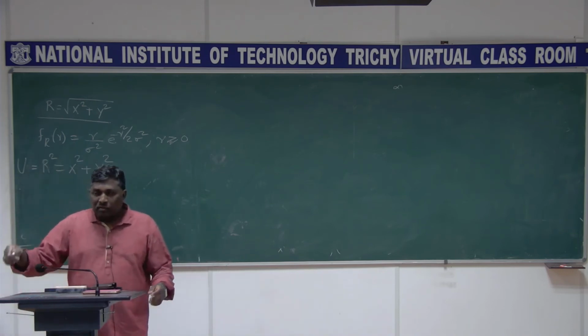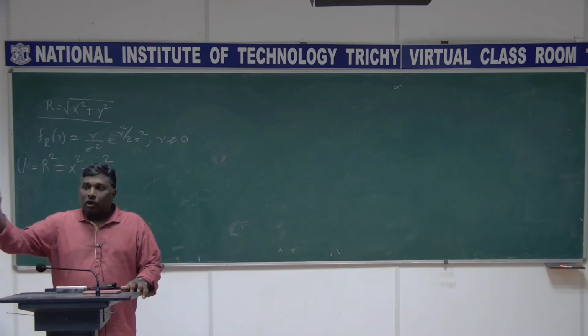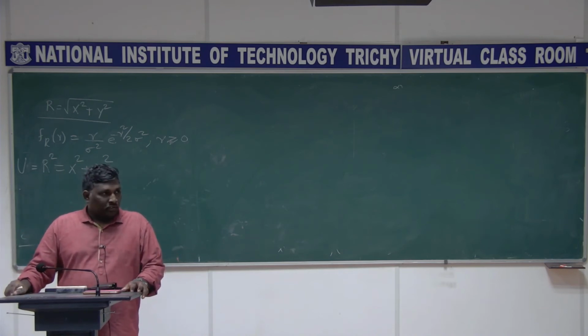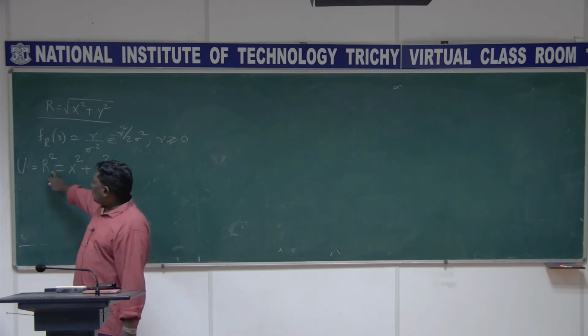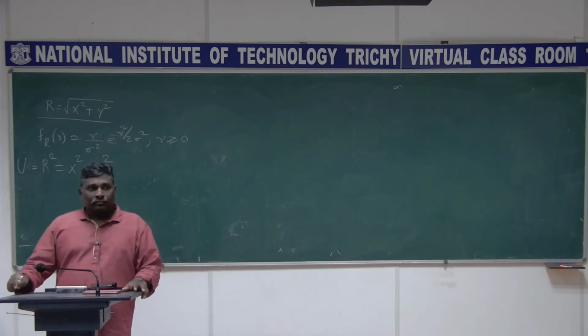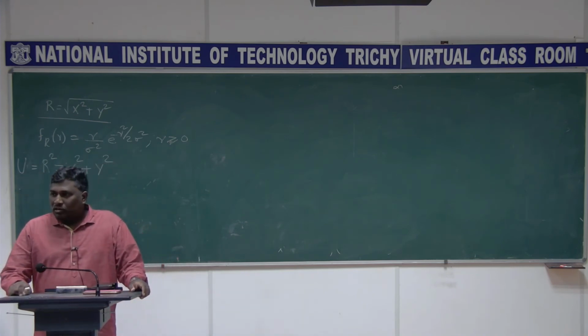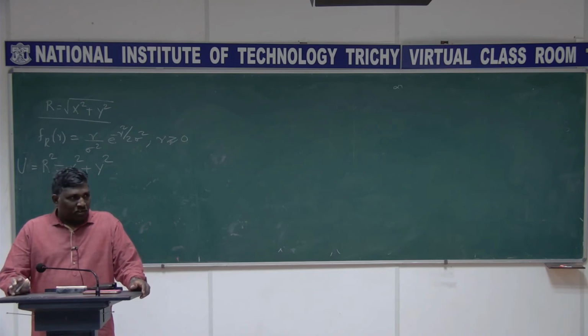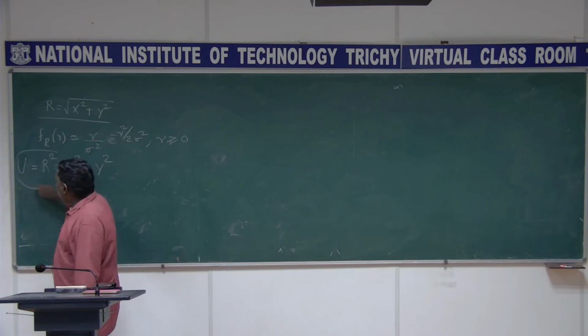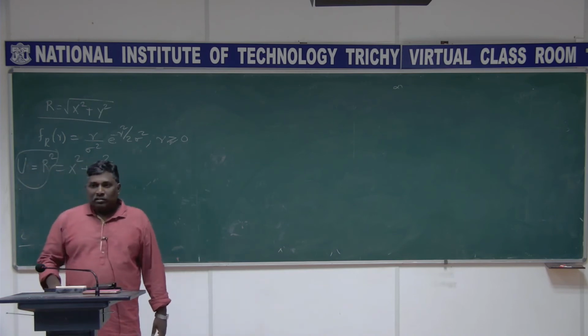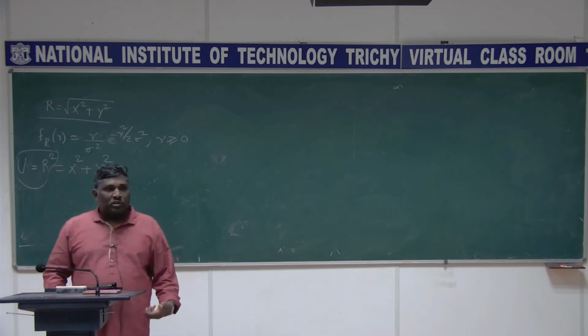R is Rayleigh. I have R square, right? R square is what? X squared plus y square. The square root vanishes. I call this R squared as U here. Of course, the method is what? You have to go for the change of random variable using the Jacobian method. One variable conversion, right? U equal to R squared. You look for only this because we already know the distribution of R. Then I can find out what is the distribution of U.